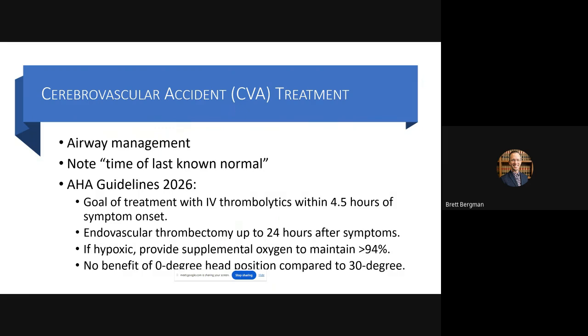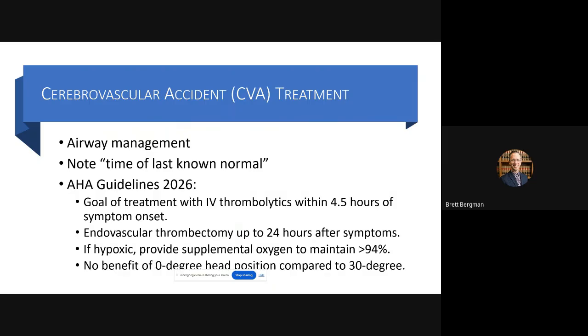And so, very similar to what we have done with treating heart attacks, there are now labs that specialize in treating strokes. If the patient gets to the hospital within 4.5 hours of their symptom onset, they're eligible for IV clot-busting drugs that will break up the clot and reverse their stroke. And there are also labs very similar to a cath lab, where they go in through a vessel. They will get up into the brain through the blood vessels and actually suck the clot out. And they can do that up to 24 hours after symptoms.